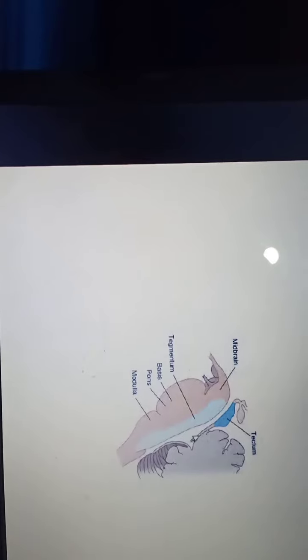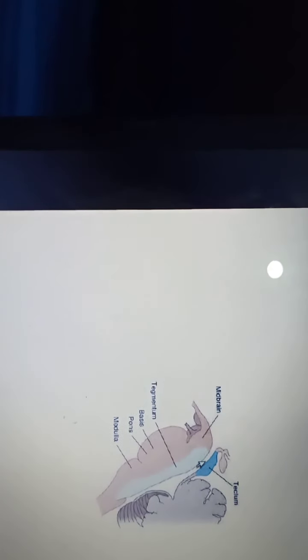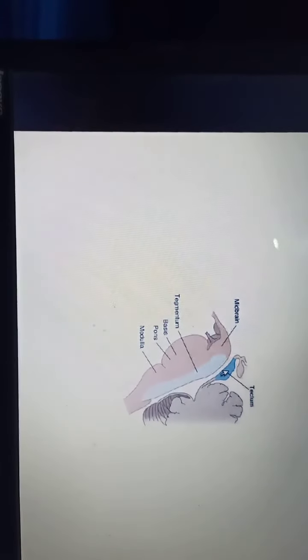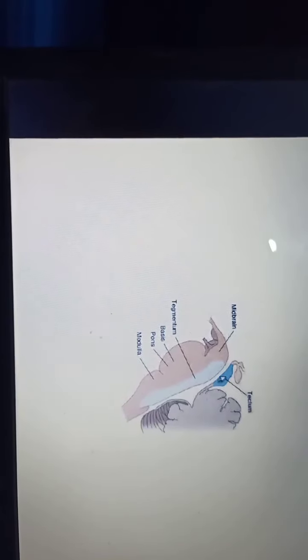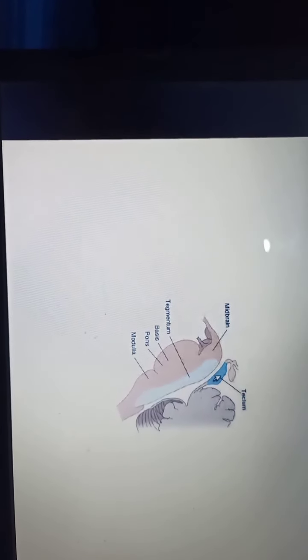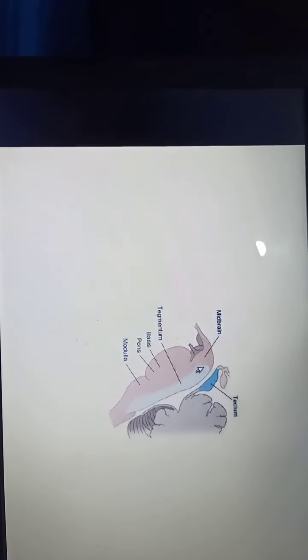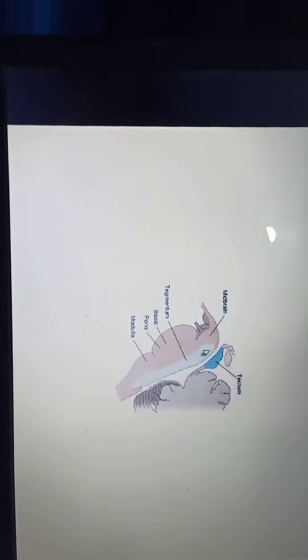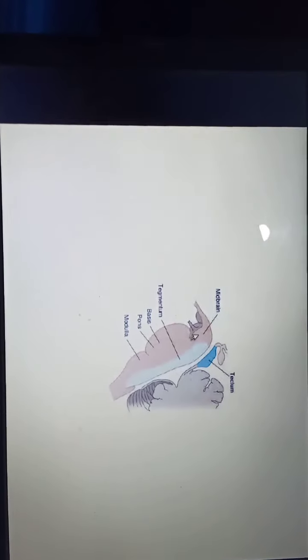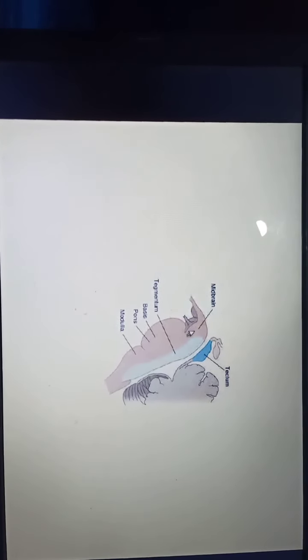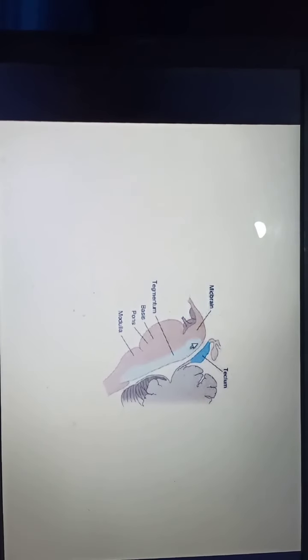See again in this diagram, this part is midbrain. It is the aqueduct of Sylvius which passes through the midbrain. It divides the midbrain into 2 parts. The dorsal part of the midbrain behind the aqueduct of Sylvius is the tectum, and the ventral part is known as the cerebral peduncle, which is again divided into 3 parts. From ventral to dorsal, it is crus cerebri, then substantia nigra, then tegmentum.